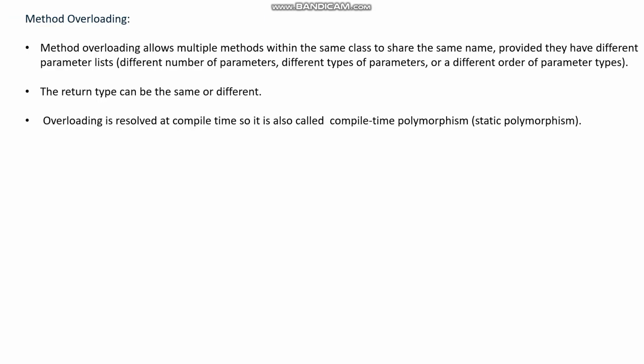Method overloading. In this class, I will start method overloading. Method overloading allows multiple methods within the same class to share the same name. Means within a class, we are writing the same method name more than once, provided they have different parameter